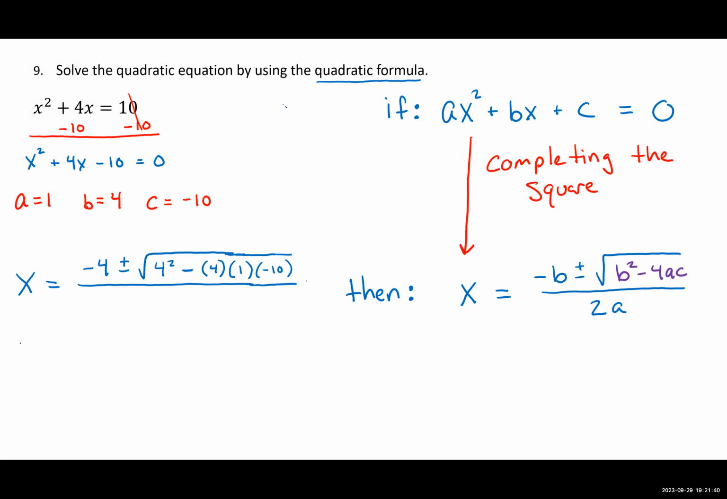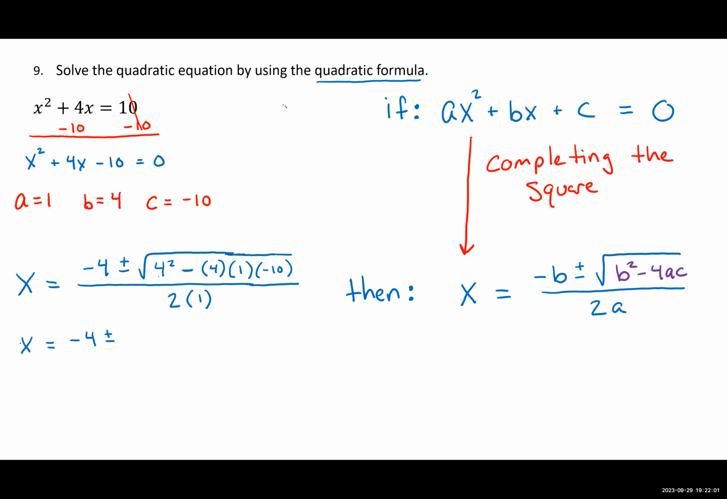I'm going to make my fraction even longer there. All divided by 2 times a, so that's 2 times 1. And now we just got to simplify, simplify, simplify until we can't simplify anymore. Shouldn't take too many steps here. So x equals negative 4 plus or minus